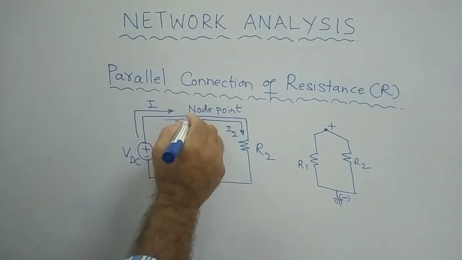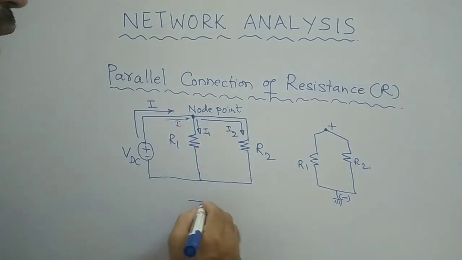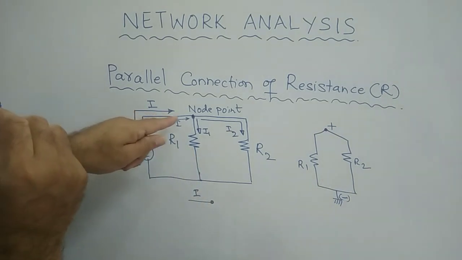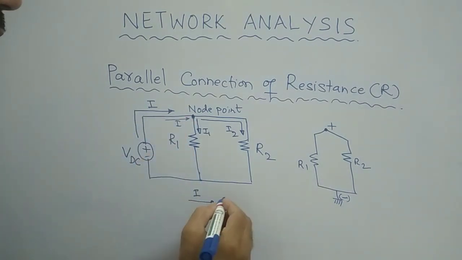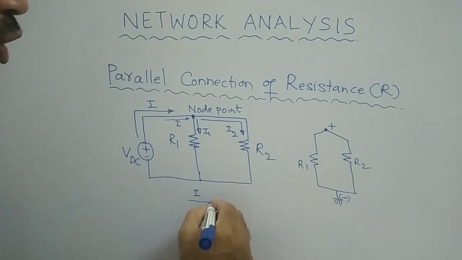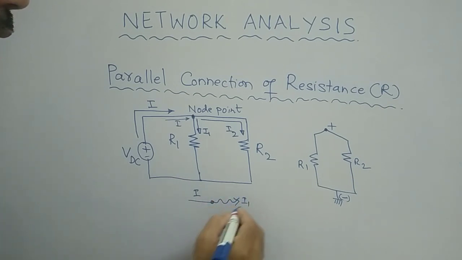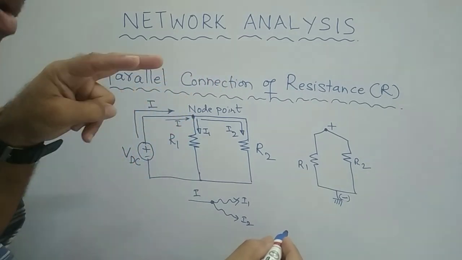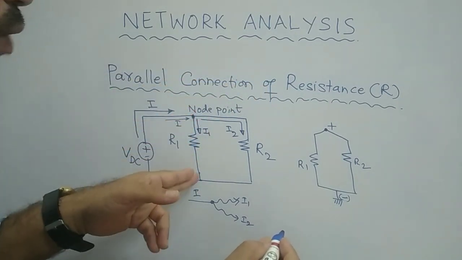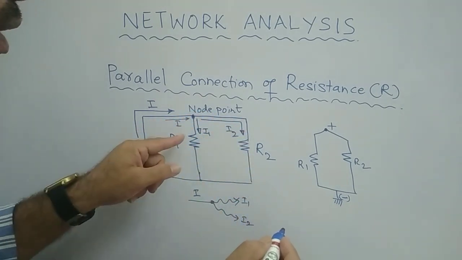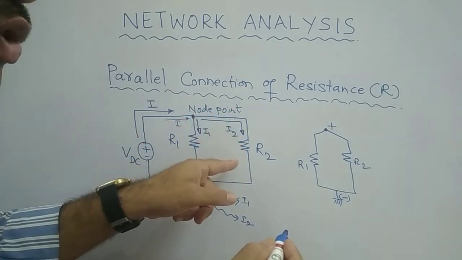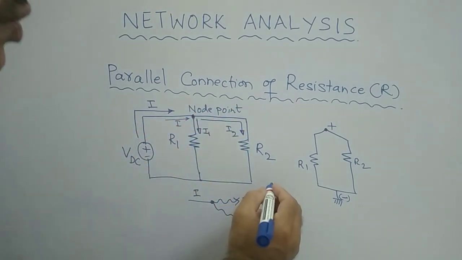What actually happens at this node: this I, whatever is going towards this node, you can call it the entering current. From this node, it is distributed as I1 and again as I2, is it not? So the current I is splitting into two branches, because R1 is one branch and R2 is another branch. In R1 it is splitting as I1, in R2 as I2. Therefore, now according to your KCL,